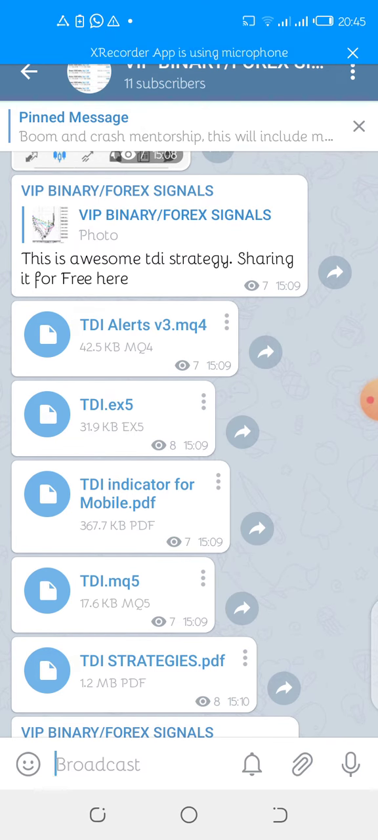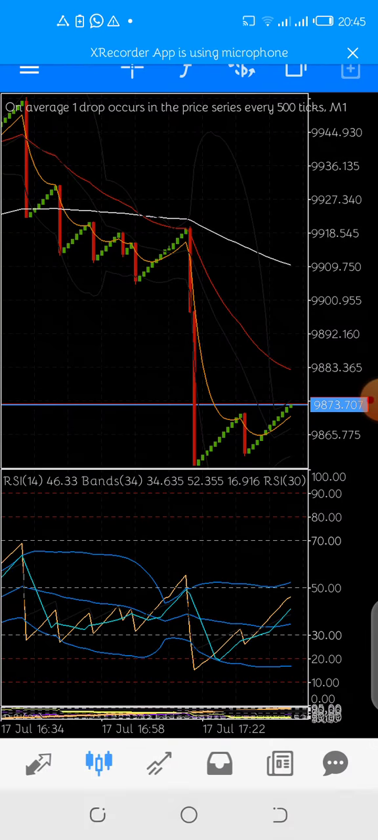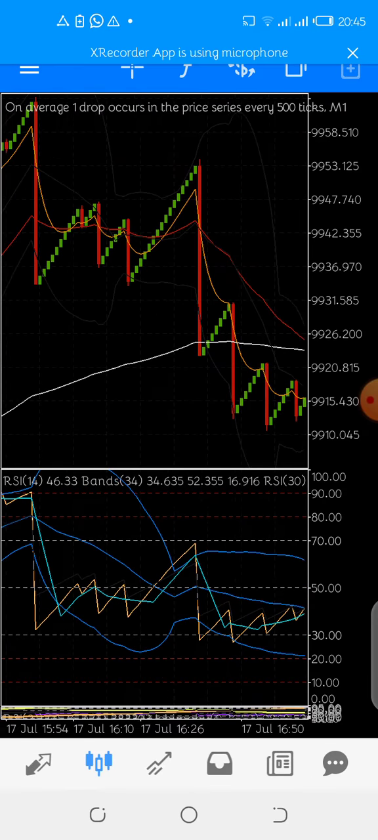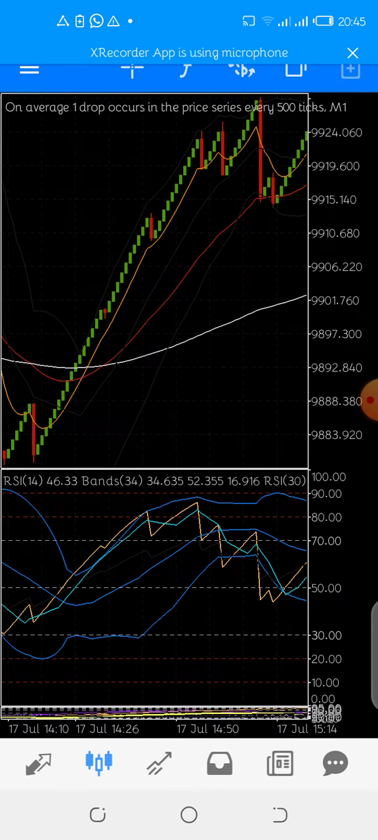Bollinger Bands are always used to somehow measure the volatility of a currency pair in the market. When the Bollinger Band is tight, let's take for example, we go back to here. When this Bollinger Band that you're seeing down here, just a minute, let me take